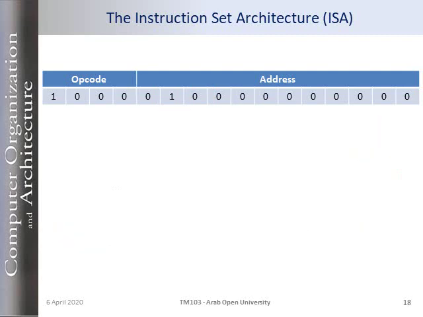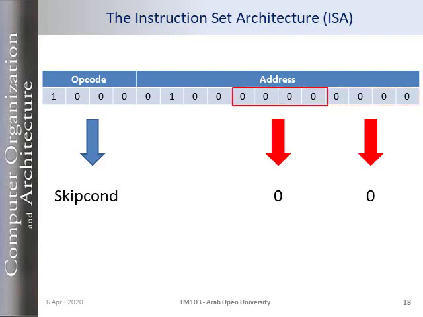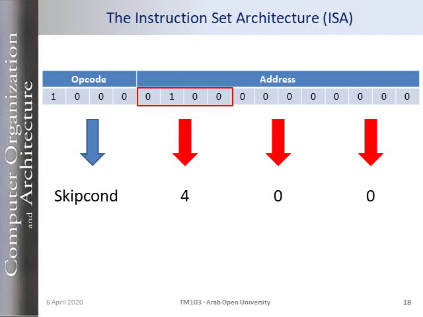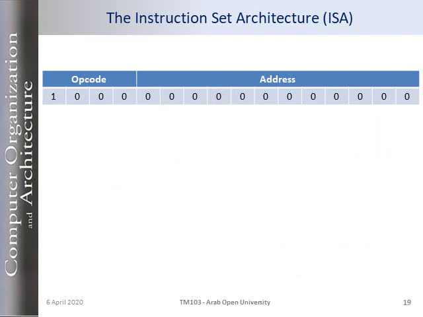Okay. Next example, also we have opcode skip condition. First 4 bits are 0, second 4 bits are also 0. Last 4 bits of the address are equivalent to 4, which gives us skip condition 400. It means we're checking whether the accumulator is equal to 0. This is our condition. If it's true, we'll skip the next instruction. If it's false, we're not going to skip the next instruction. We'll continue as normal. The last example,